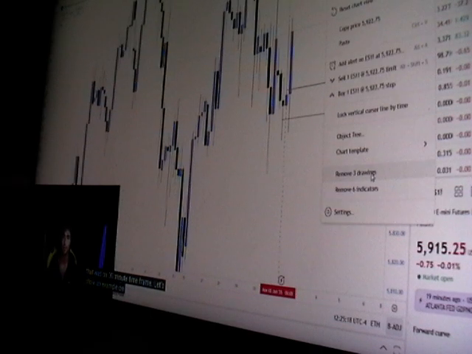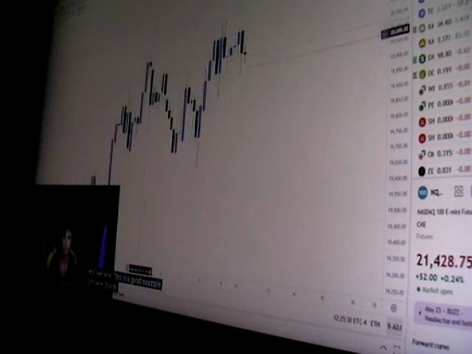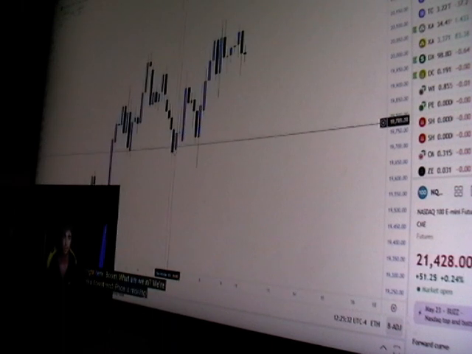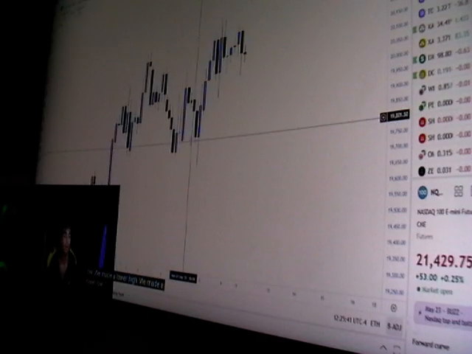Let's show an example on the 4-hour time frame. This is a good example right here. Boom, what are we in? We're in a downtrend. Price is moving down. Okay, so again, retail traders are saying, hey, we made a high, we made a low, we made a lower high, we made a lower low. What do we think price is going to do? We're in a downtrend, it's going to go lower.